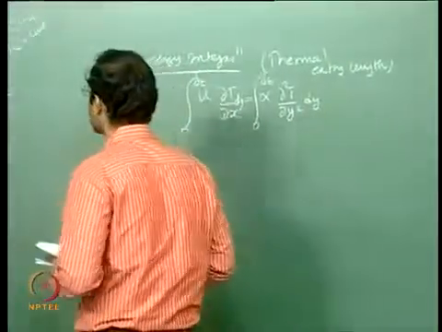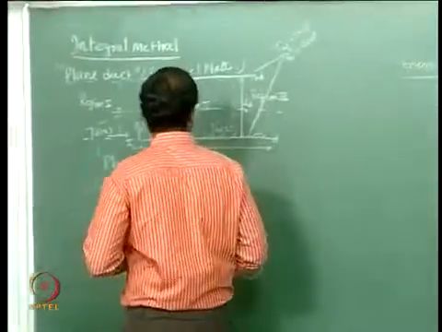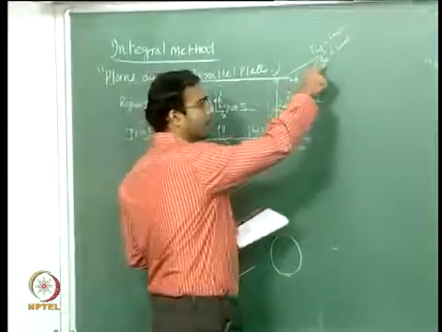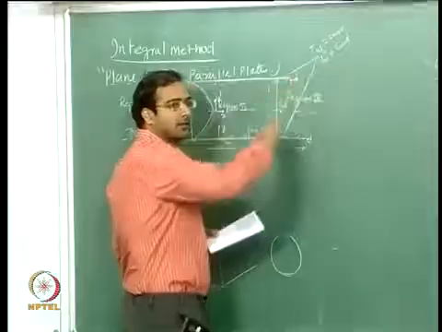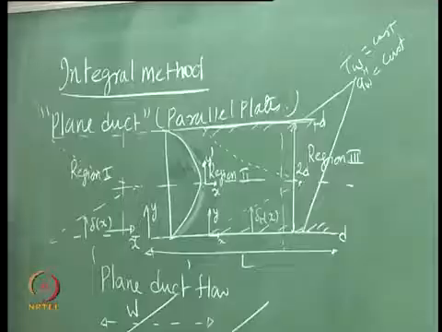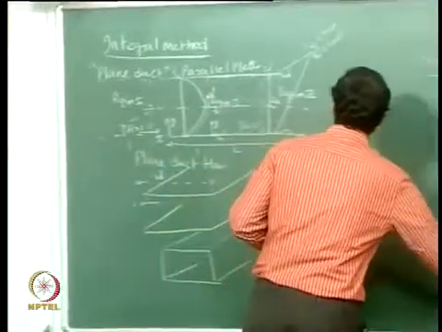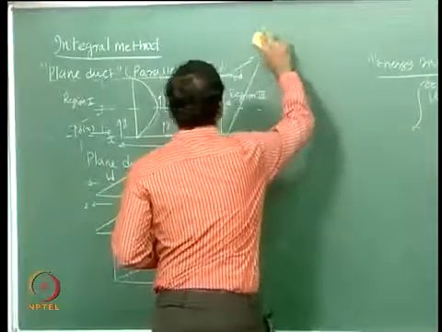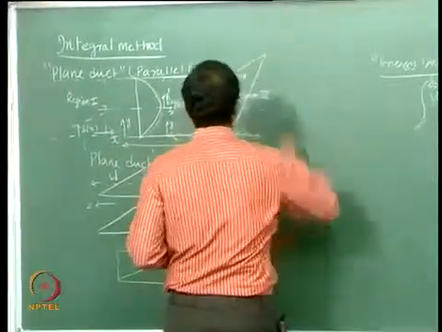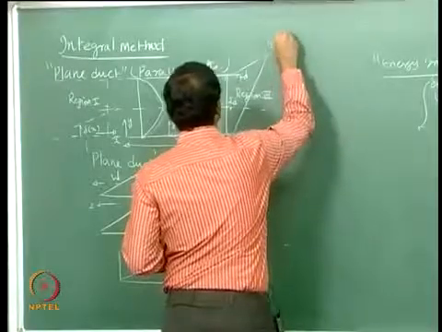What I am going to do is first solve for the case of the constant wall flux boundary condition, and then the constant wall temperature case is very similar and you can extend it. So I am going to look at uniform